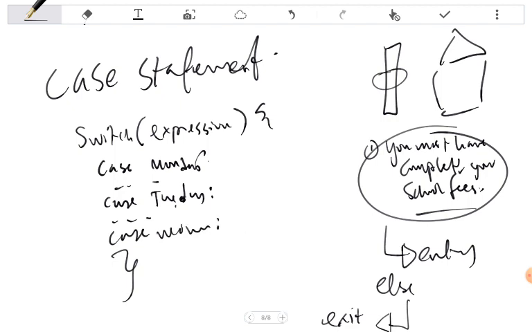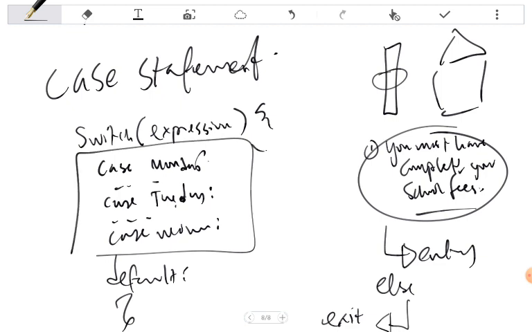And typically at the last part, I usually have default. Okay, if none of these values meet or satisfy this particular expression, then just say today is no day. You understand? That is how case statement works. So it's similar and identical to else if statement. Okay, it's powerful, but not all the languages support it.